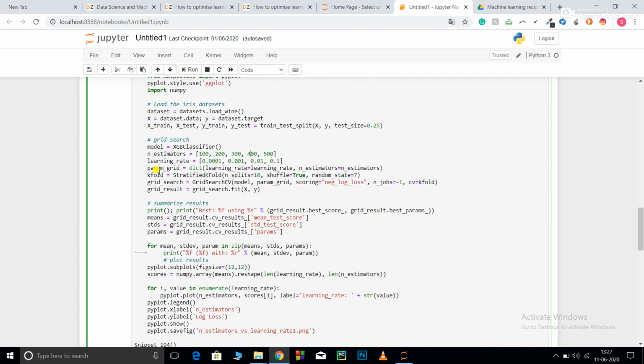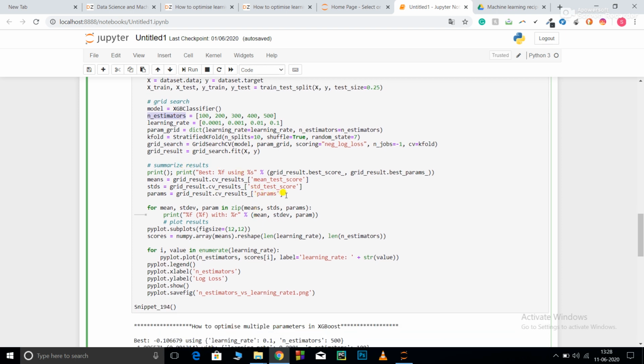Now I'm creating a dictionary again. So param grid is a dict, learning rate is equal to learning rate, n estimators is equal to n estimators, then k fold is equal to stratified k fold. I want 10 splits, again all the same things. I'm using the grid search cv again. The code is completely the same. I've just added a new parameter, n estimators.